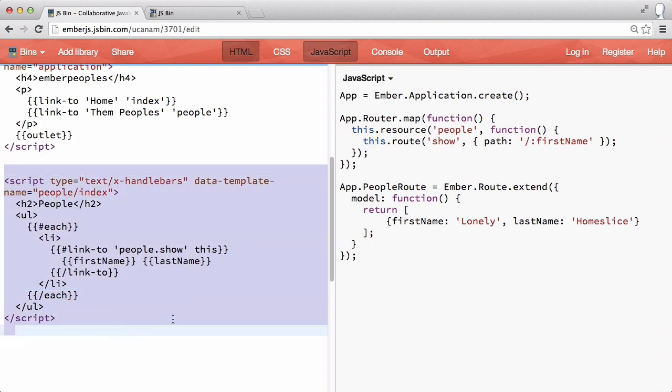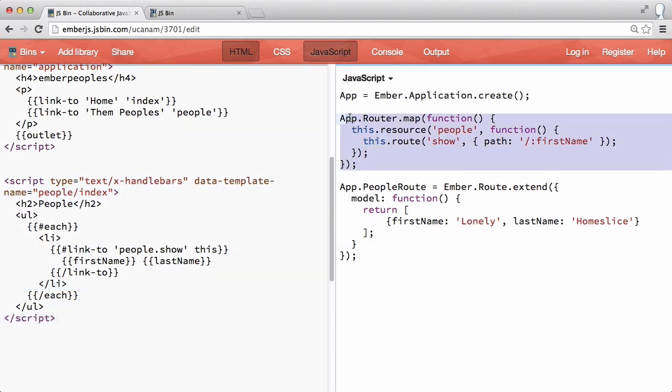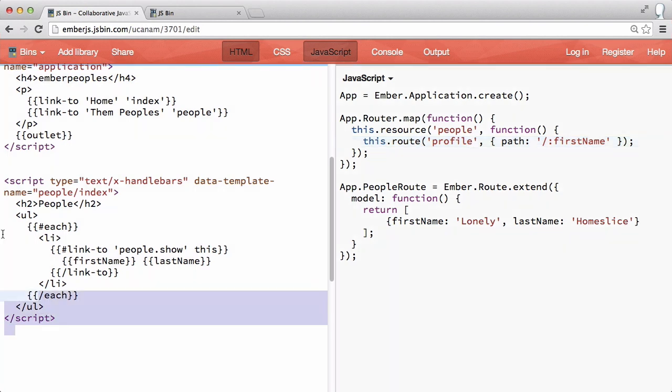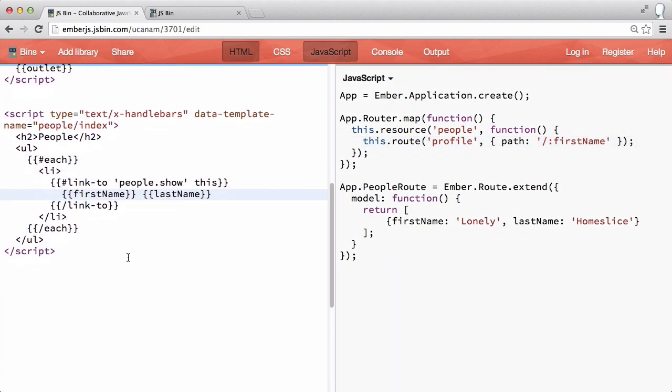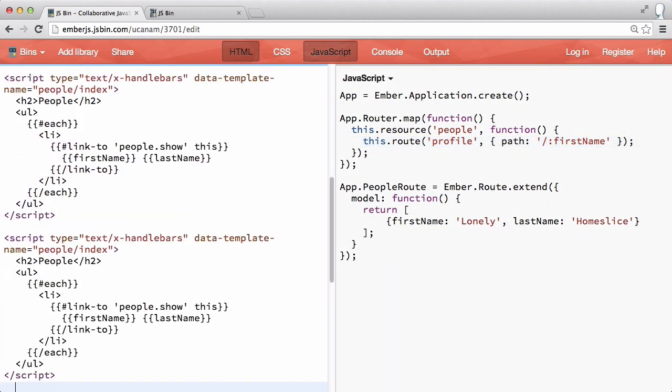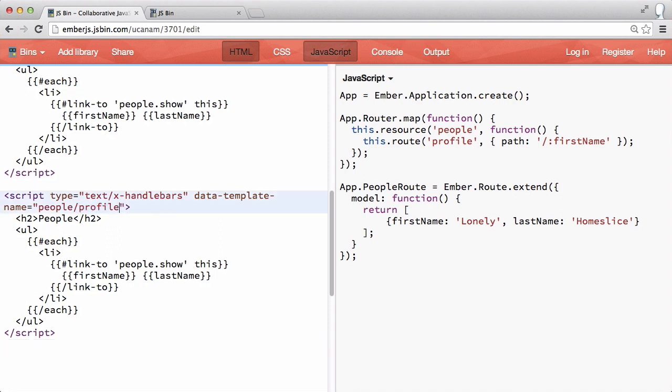So right now we have this mapped application of the implicit top-level index route that comes with every app. We have this people resource, and show is where we're going to be displaying the profile. Or maybe we'll just call this profile, no big deal. And we need to define this profile template. So we'll just use the one from above,